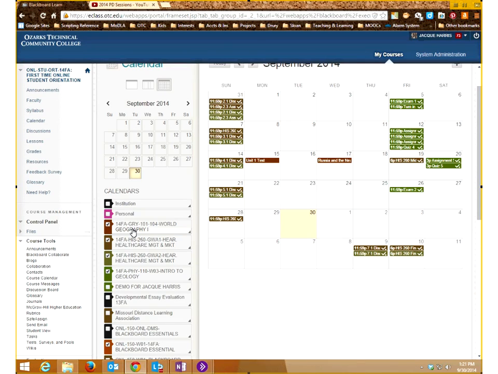And students, they see their courses and only their courses, so they're not going to see all your other sections. So if you put something on the calendar in one section, it's not going to appear for all your other students. You have to put it on each individual calendar. So a lot of times that can be kind of time intensive, but